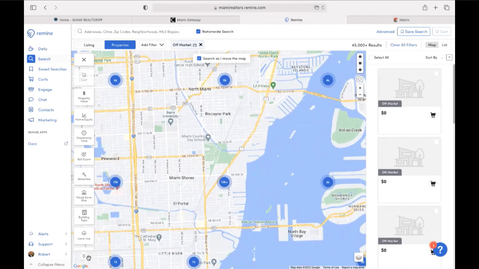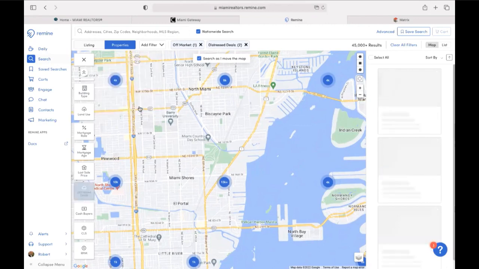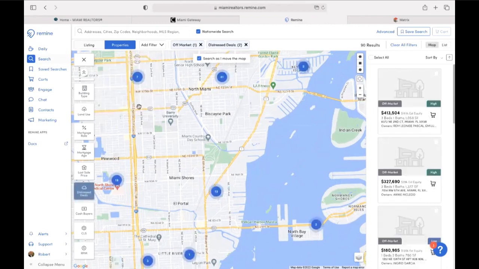So let's click on distress deals. And we have notice of lis pendens and notice of default. These are your pre-foreclosures. Clicking on apply, I'm left with 90 results. Notice how a lot of them have a sell score high tag on them. So this is when you receive